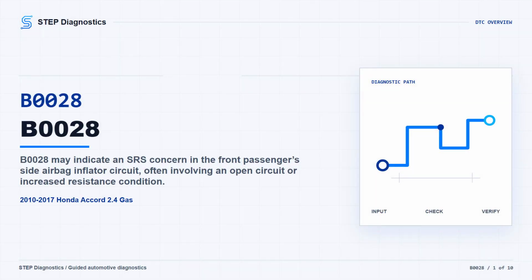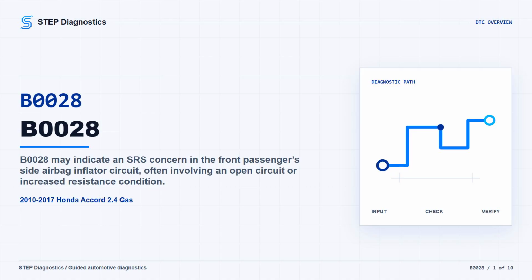On this Accord, B0028 is an SRS code for the front passenger's side airbag inflator circuit. In plain language, the SRS unit may be seeing an open circuit or increased resistance on that passenger side inflator path. The vehicle may turn on the SRS warning light, and the restraint system may limit how it operates until